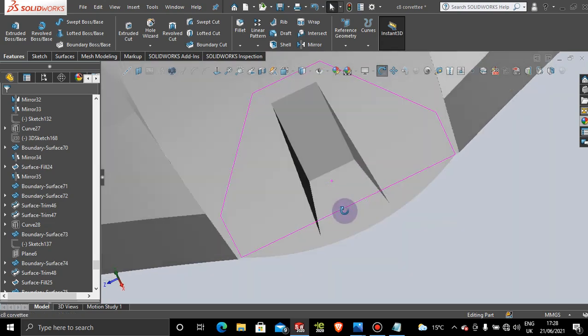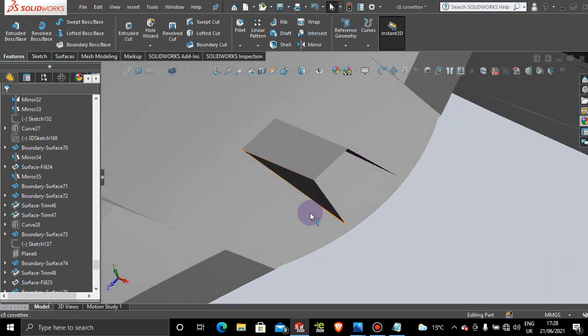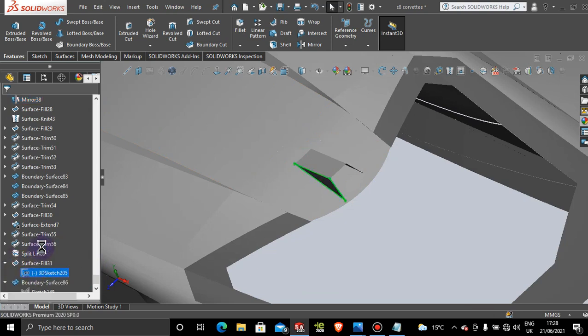And then we have the surface. However, I think this should be, and no, actually could be a little bit more of an angle. So let's go edit that. So to do that, I want to grab on to that point. So edit that sketch,